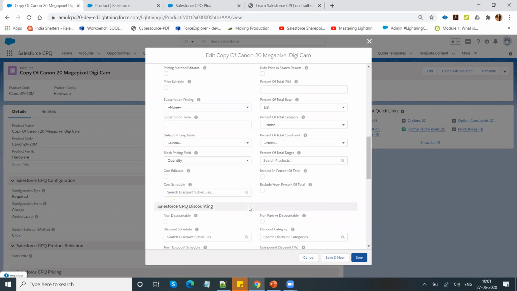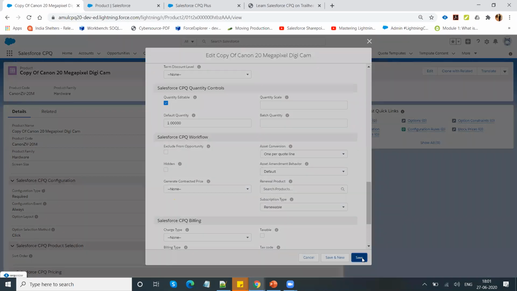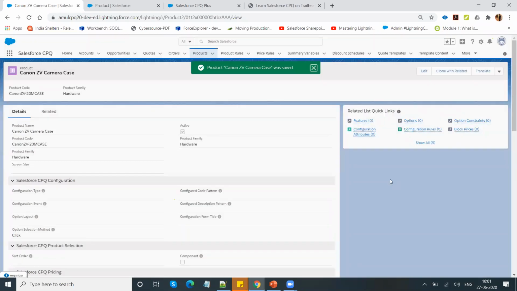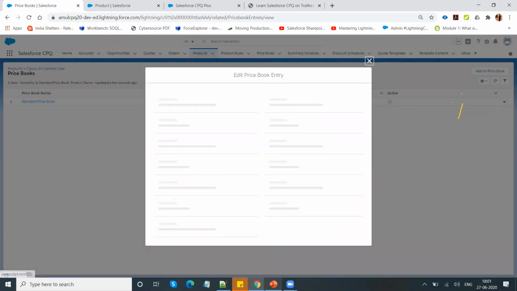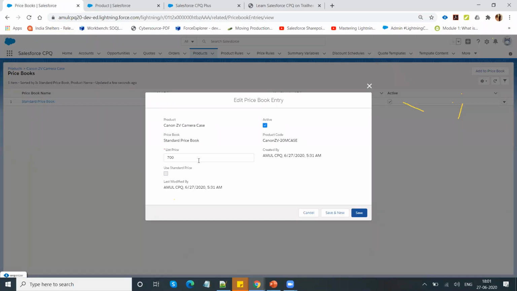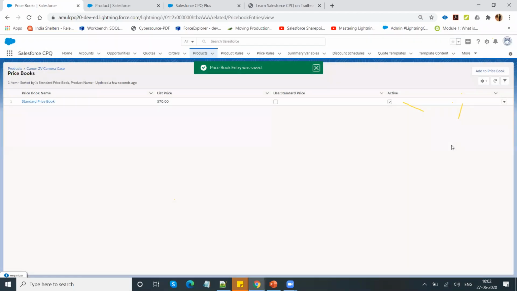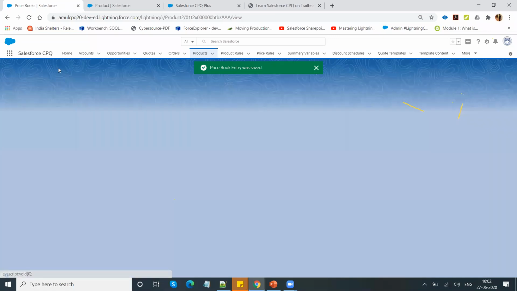Keep the price method as list price here. Just click on save. Now you'll have to go back to the price book and change the price. This is $70. Okay, I have created my second product, the camera case.